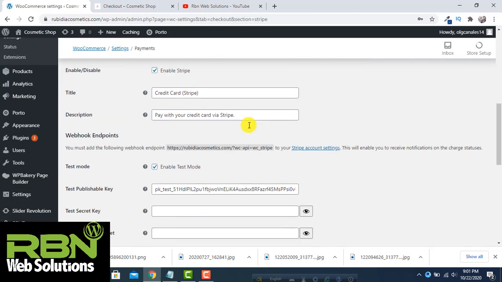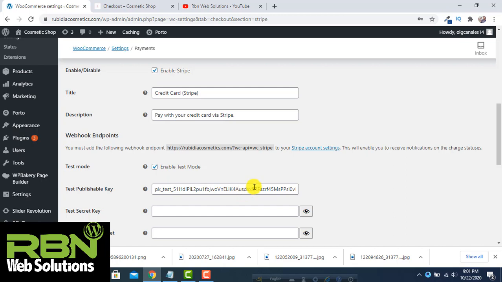After that, you can see here Test mode. It has been checked. So what is test mode? You will get a publishable key and secret key for testing the process. Suppose with the test process the credit card option is working fine, then the live process or live key will work perfectly.